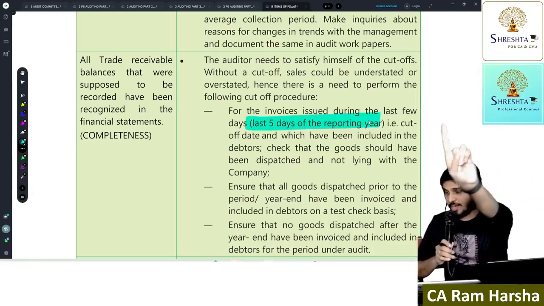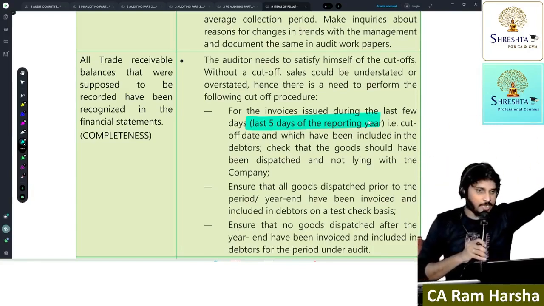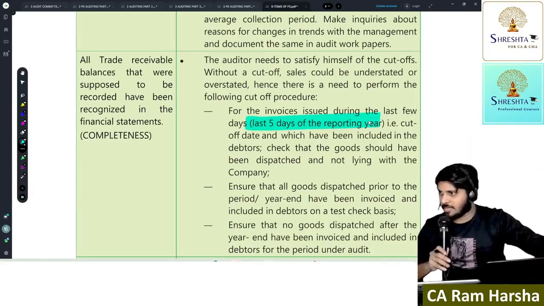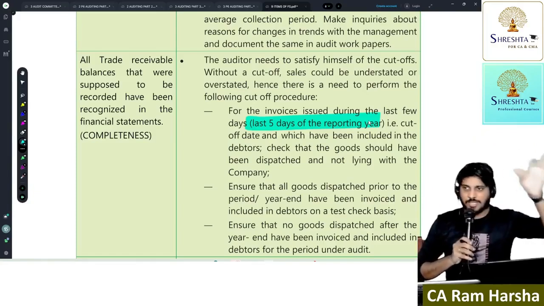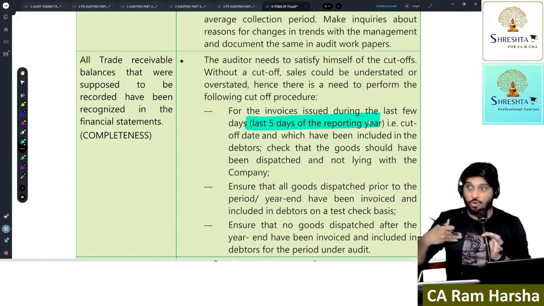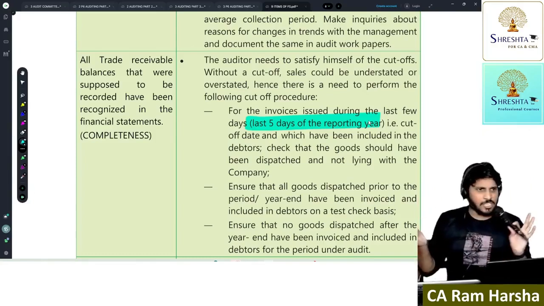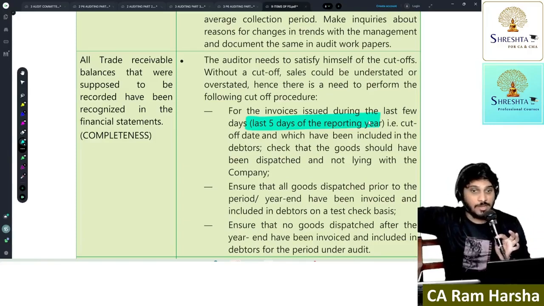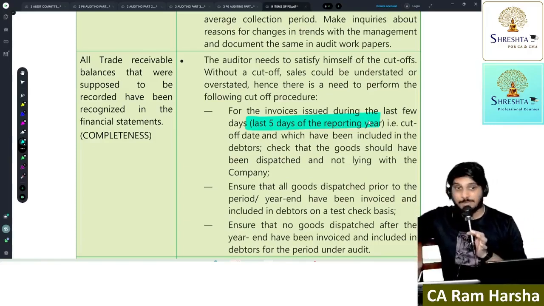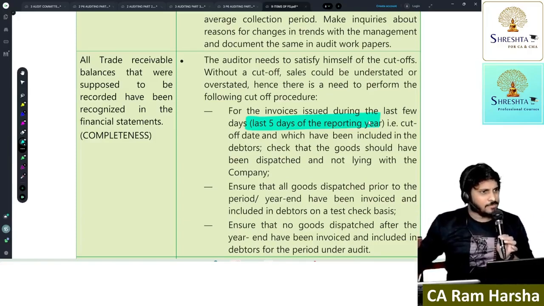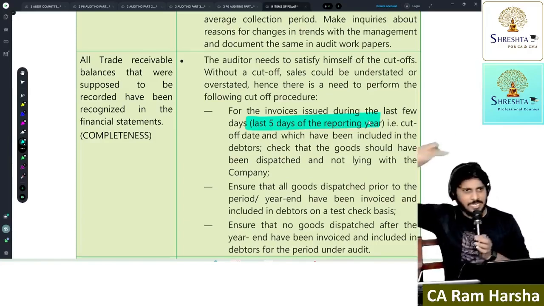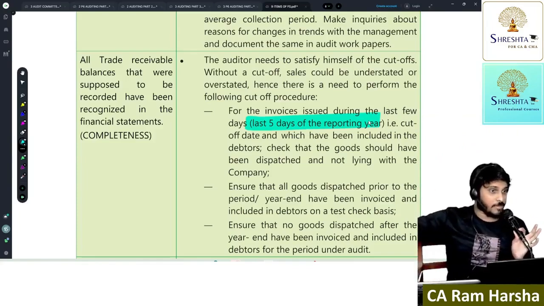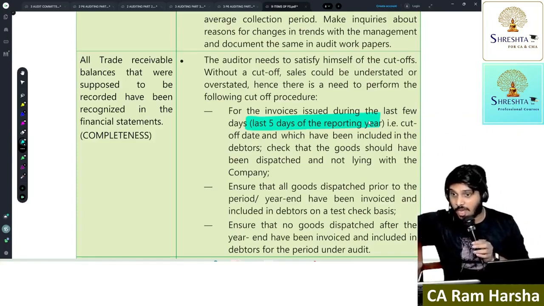If something went wrong in between, he should bear the loss. I don't have any trouble. Only if I receive the goods in my factory, I will give the balance payment. This is the condition, and the buyer and seller both agreed. Now as on 31st March, I paid some amount. Did I purchase goods? Did control come to me? Advance given to supplier, credit cash account. Now the other person, was the sale completed? Risk not transferred, right? Until delivery at my factory, risk is not transferred. As on 31st March, the sale cannot be recorded. Whatever amount he received, how will he record it?